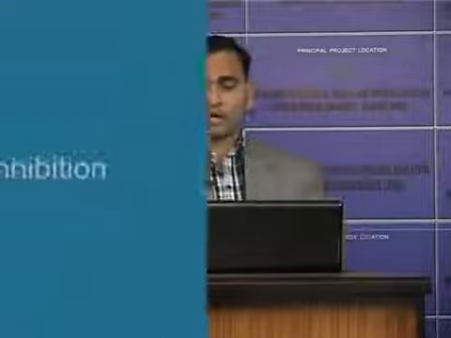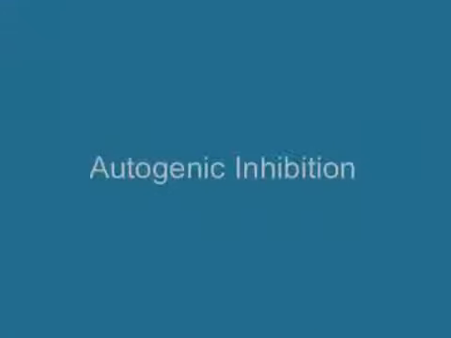And the third one is autogenic inhibition. What is autogenic inhibition? The GTO, as it monitors tension in the muscle fiber being stressed, has an inhibitory effect on the level of muscle tension in the muscle tendon unit in which it lies, particularly if the stretch force is prolonged. This effect is called autogenic inhibition.